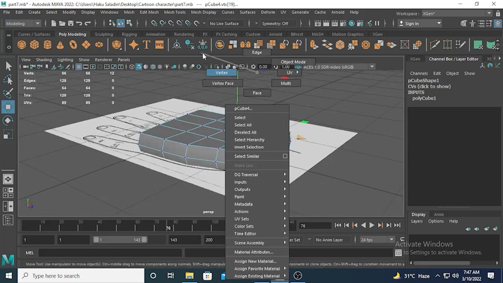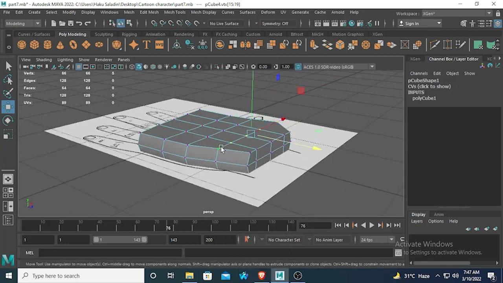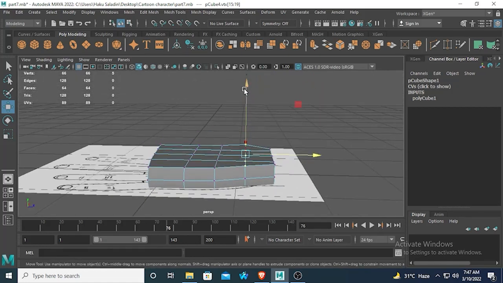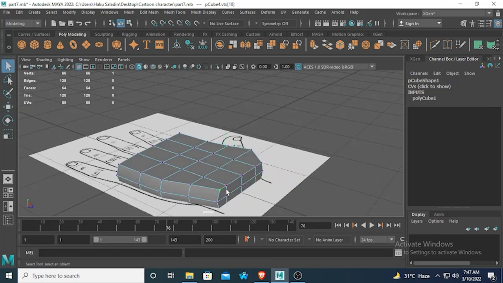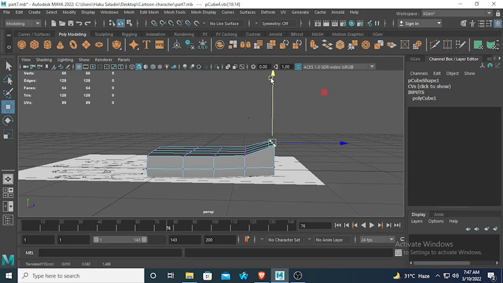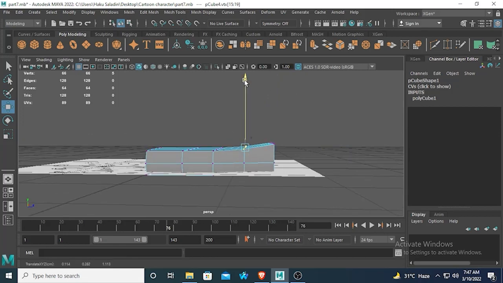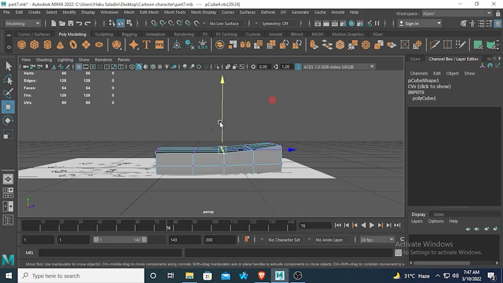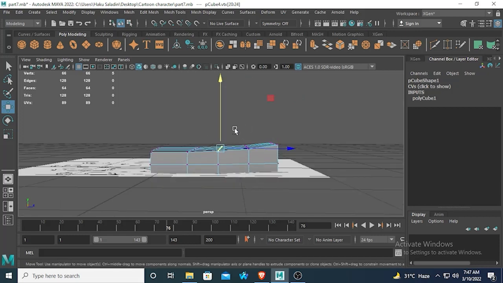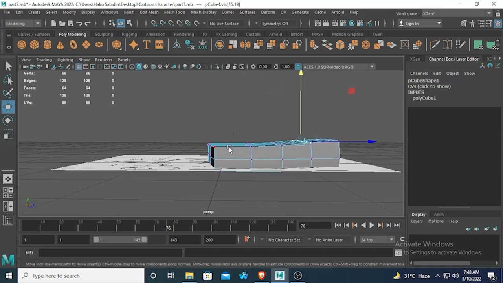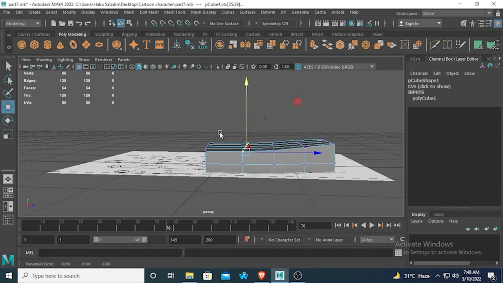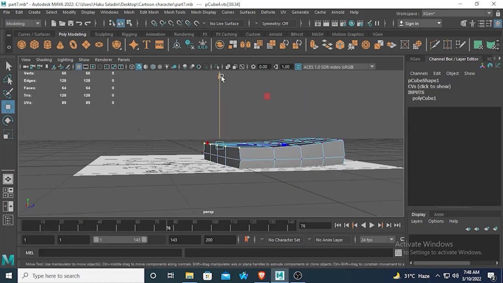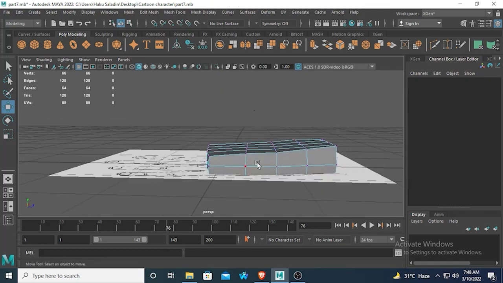And now select this vertex, and our hand is actually more closed, so we will make a slope from here. So I'm moving them upwards a little bit. And move this vertex downwards a little bit. Okay,